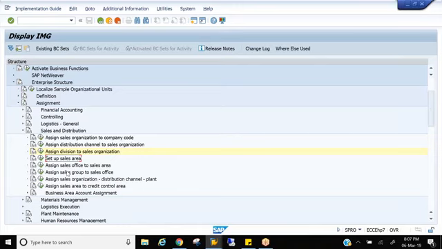Can we say like this? It's an assignment in SAP, which is a combination of division, distribution channel, and sales org? Yes, that is a very mature answer, because you see, a customer doesn't know about SAP. When you say sales area, he doesn't know anything. So if you say it's a combination of these organizational elements, he doesn't understand anything, right?